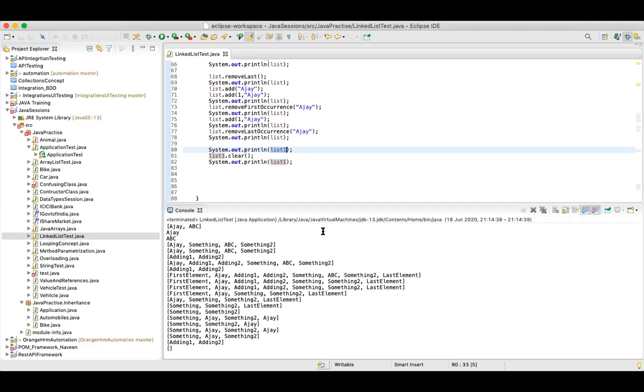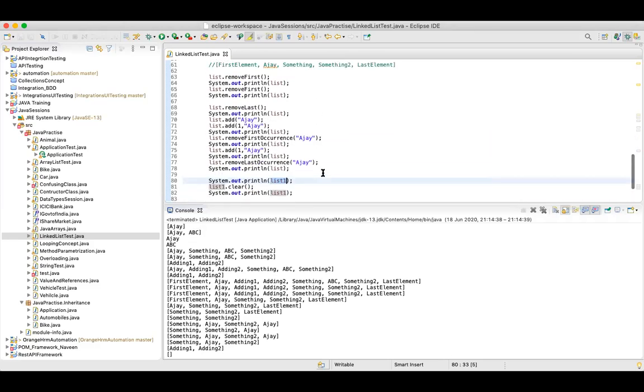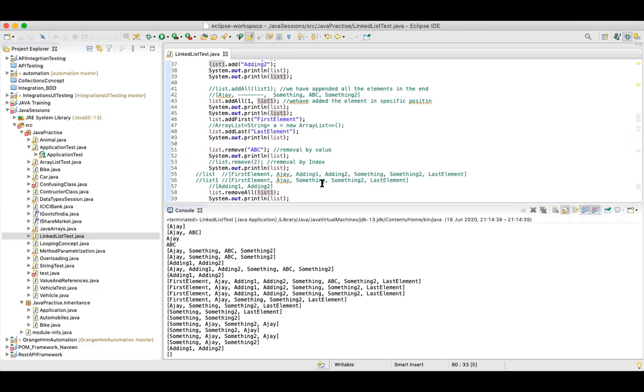Now there is one more thing, guys. So this we saw with linked list. ArrayList has some methods, linked list has some methods, and linked list has some extra methods which were not present in array list. So there might be a question: if we have array list, we also have linked list, and both are implementing the list interface, then what's the main difference?